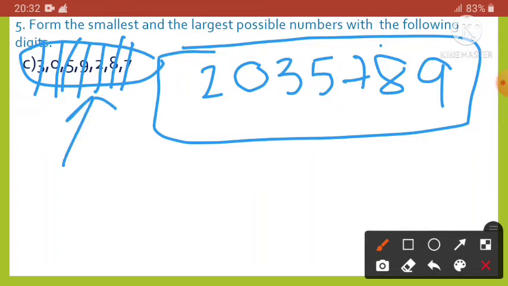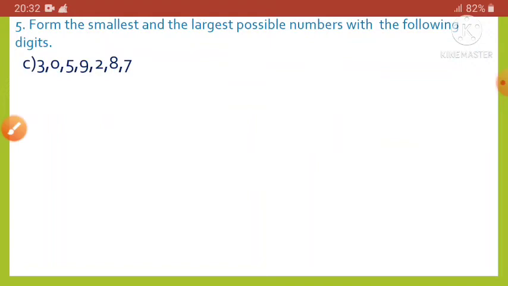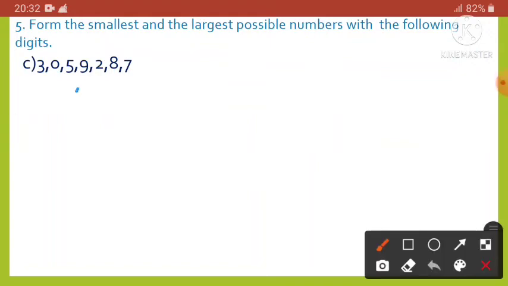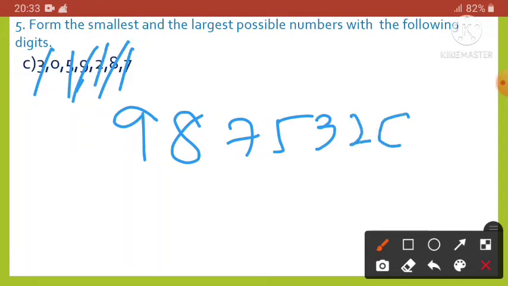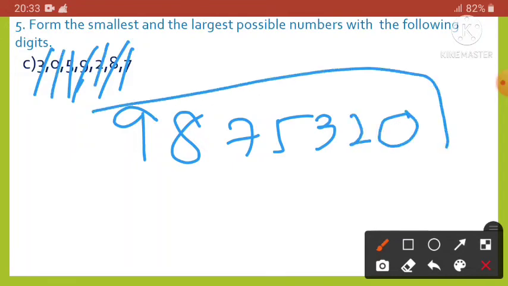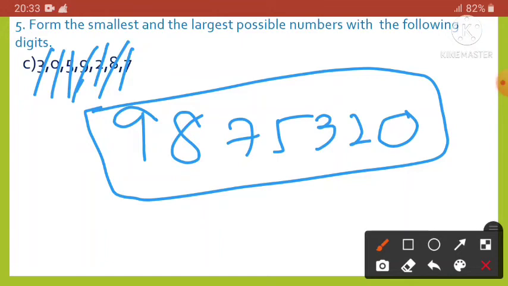And if you try to write the largest number, then you have to start with the largest number. Okay, so what is the largest number here? 9, so write 9. Then the largest number is 8, then 7, then it is 5, then it is 3, then it is 2, and then it is 0. So it is the largest number using these digits. Okay,